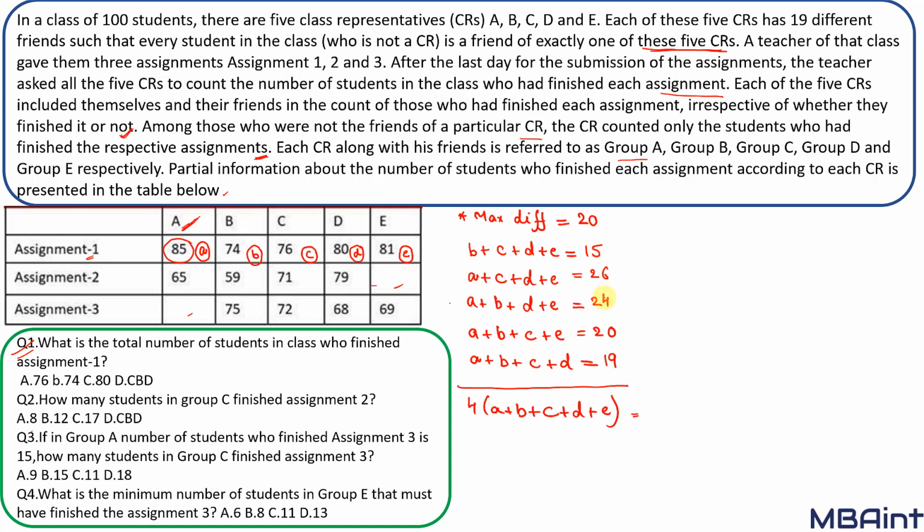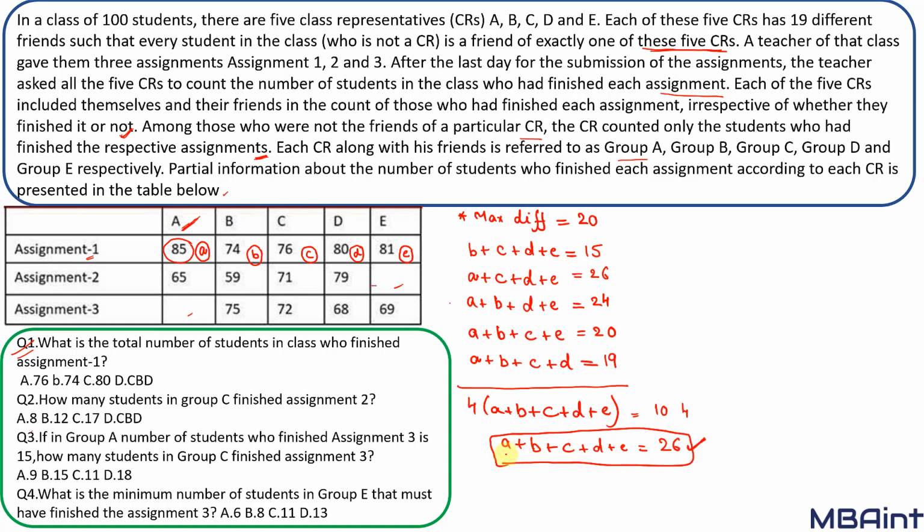6 plus 5 is 11, 11 plus 4 is 15, plus 9 is 24, carry 2, 2 plus 1 is 3, 3 plus 2 is 5, 5 plus 2 is 7, 7 plus 2 is 9, 9 plus 1 is 10. Now A plus B plus C plus D plus E would equal 104 divided by 4, which makes it 26. This shows that the total number of students who have not completed the assignment equals 26,